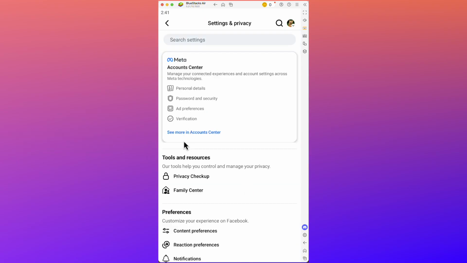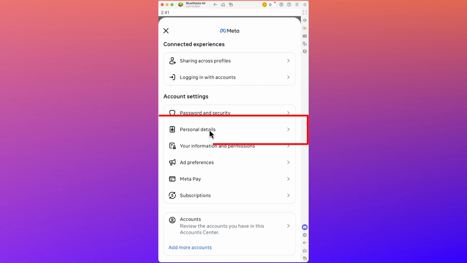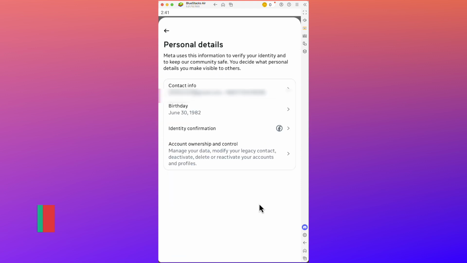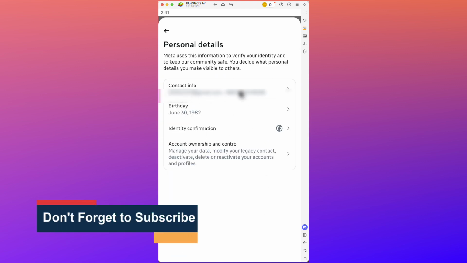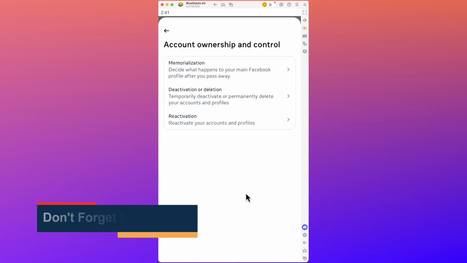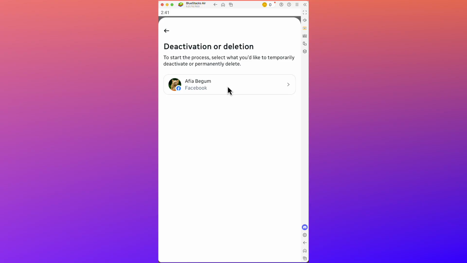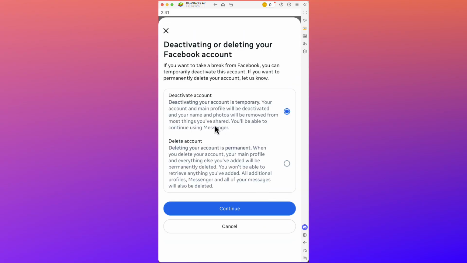Then you will see these options. Select see more in account center from here and then scroll down and select personal details. After selecting personal details, you will see your personal details here and you will see account ownership and control. So select account ownership and control and then you can see deactivation or deletion. You click on deactivation or deletion and then choose the profile, and here you will find two options, temporarily or